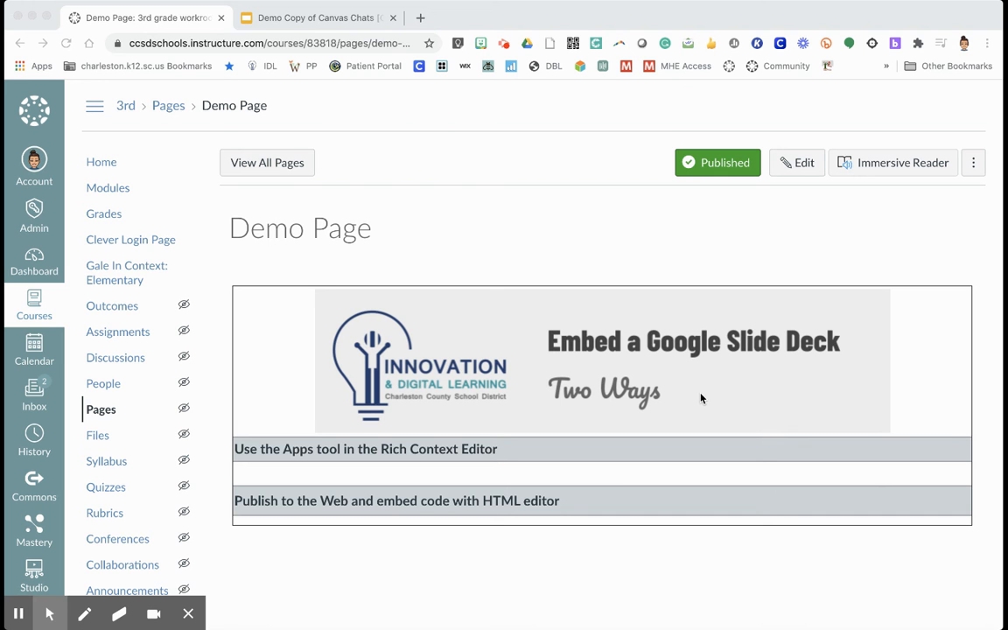Hi, in this video, I'm going to show you two ways to embed a Google slide deck into a Canvas page in your Canvas course. The first one I'm going to show you is how to use the Apps tool in the Rich Content Editor. So to do that, I'm going to click Edit,